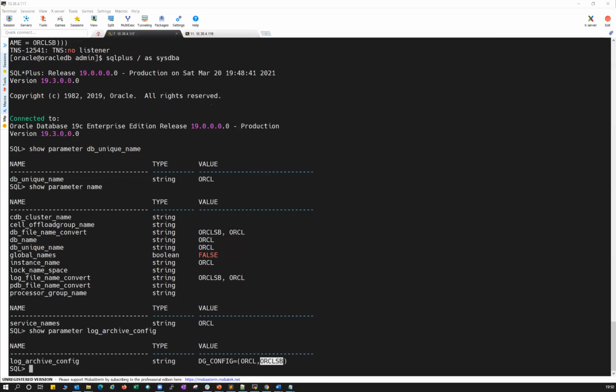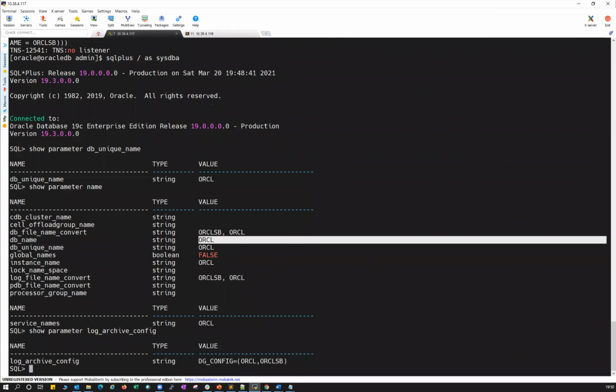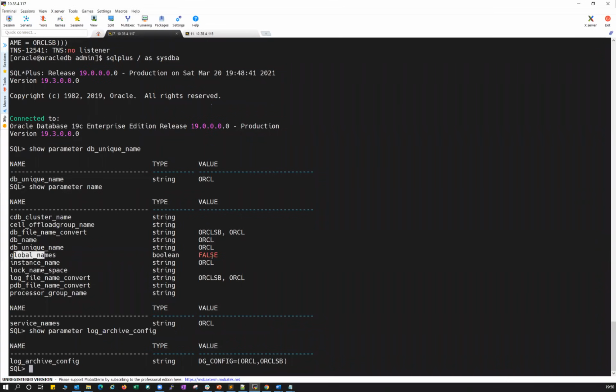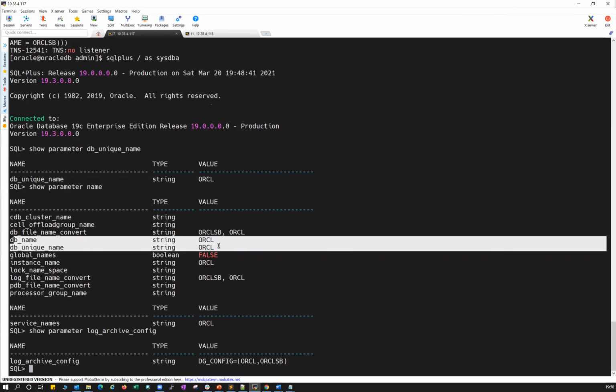Difference between the DB name and DB unique name. So again, DB name and DB unique name, in most scenarios it is going to be the same. In some organizations, like finance, which barely depend upon SSO or AD authentication, DB name is going to be ORCL, and the DB unique name. Okay, DB unique name you're asking, right? I was talking about the global name. So DB unique name and DB name are going to be the same for most of the databases.